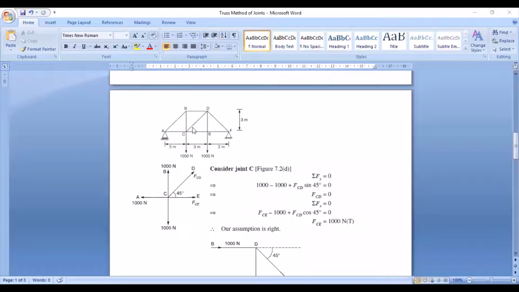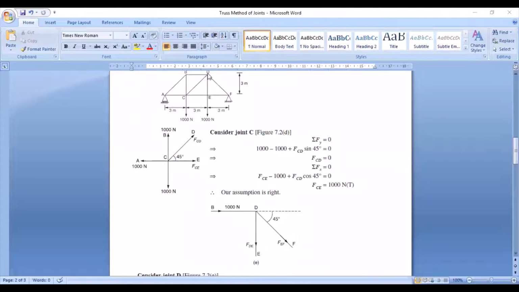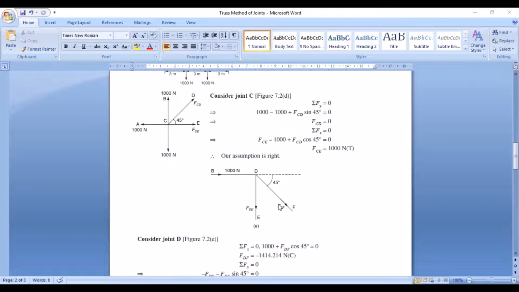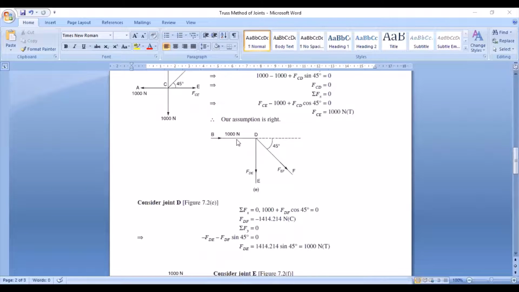So DC at least is 0. So I did not take that member only, since it is 0. So I have taken 1, 2 and 3. So here I have 1 horizontal, 1 vertical and 1 inclined. Thereby after resolving, I'll get 2 horizontal and 2 vertical. Okay. So for this free body diagram, we shall apply equations of equilibrium.